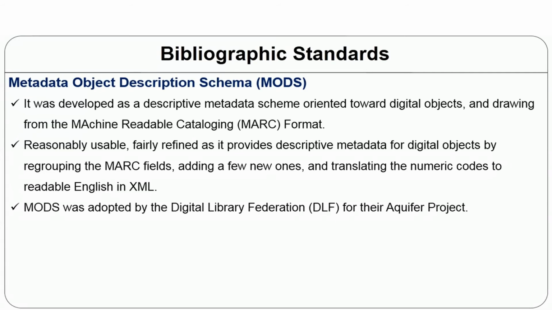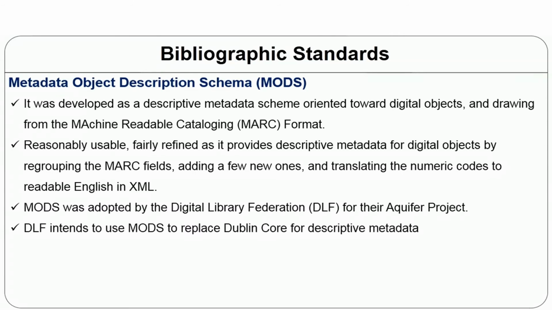MODS was adopted by the Digital Library Federation again for their Aquifer project. So whenever there is a demand, it will be developed by the Digital Library Federation as part of this. DLF intends to use MODS to replace the Dublin Core for descriptive metadata. So in future you may see MODS in place of Dublin Core.